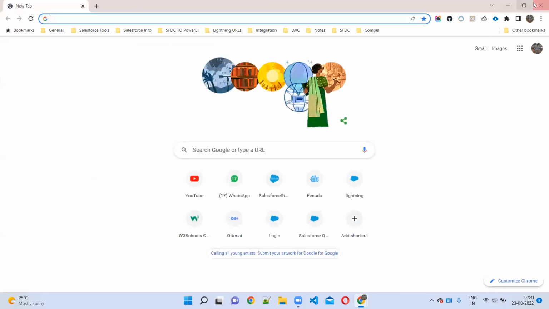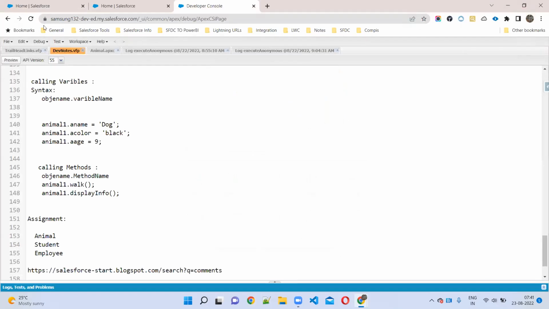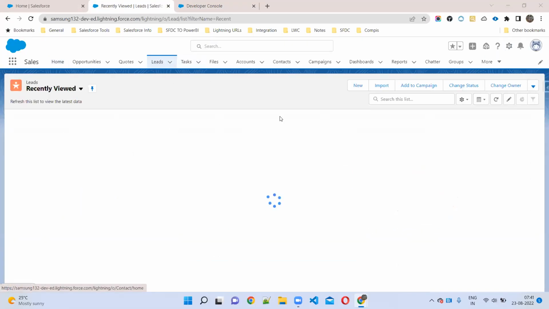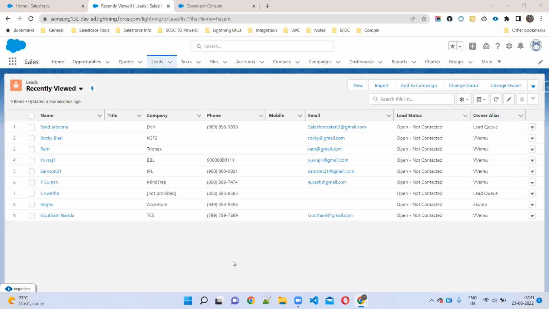Yesterday I gave so many examples, right? What is data type? What is variable? Anil Kumar, what is data type? What is variable? Gulam, what is data type? What is variable?